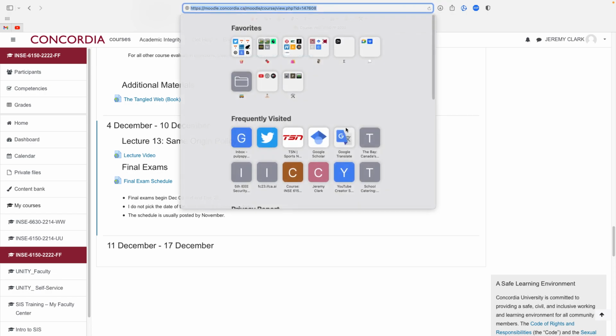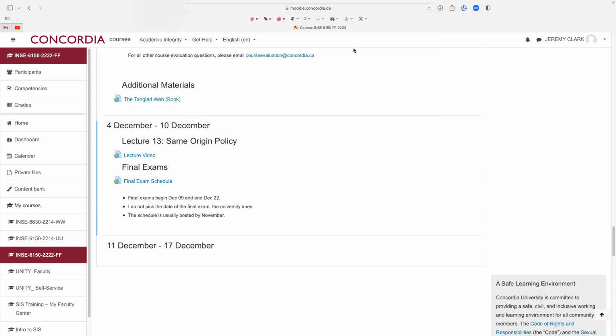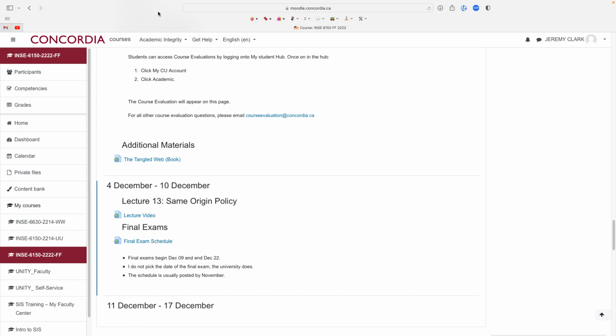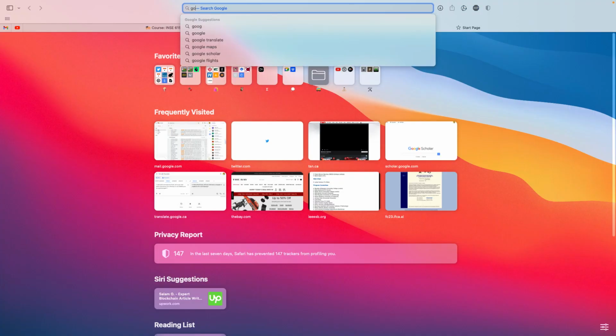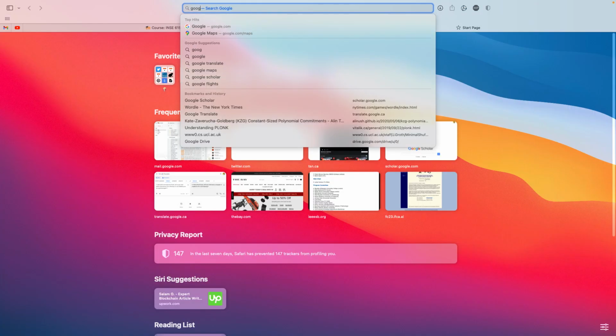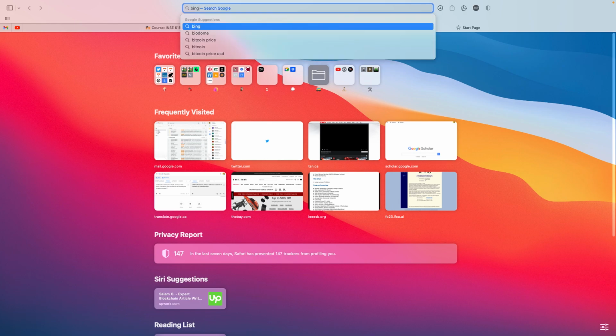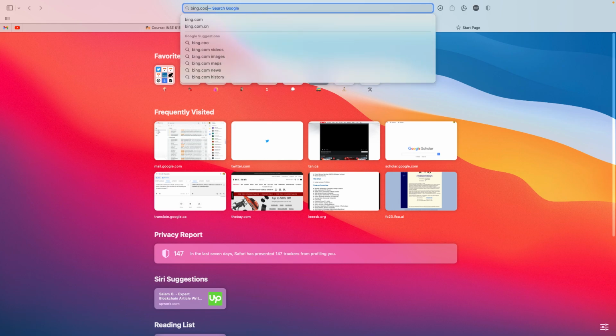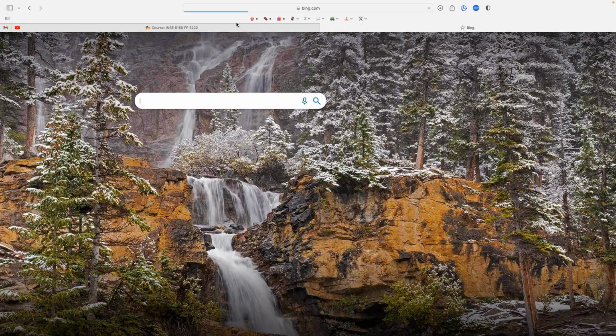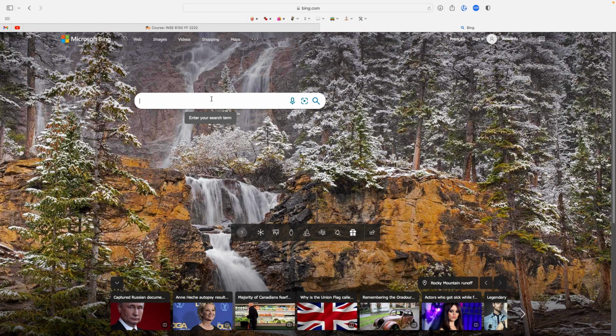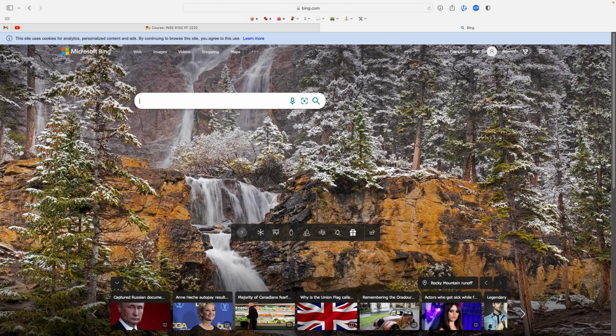Okay, so actually this URL is fine as an example. If I go to Google, Safari's smart enough to rewrite the indicator here. So I'll use Bing because no one uses Bing.